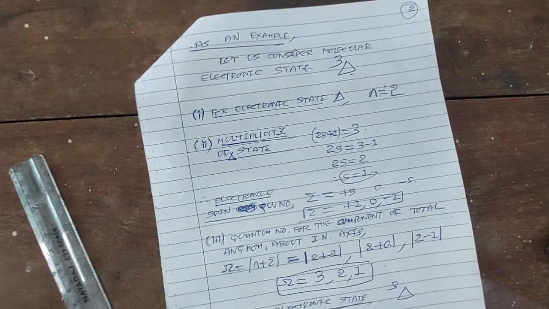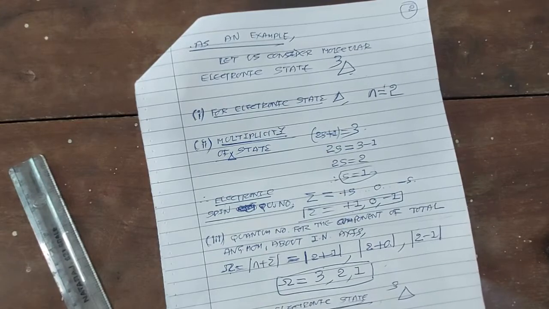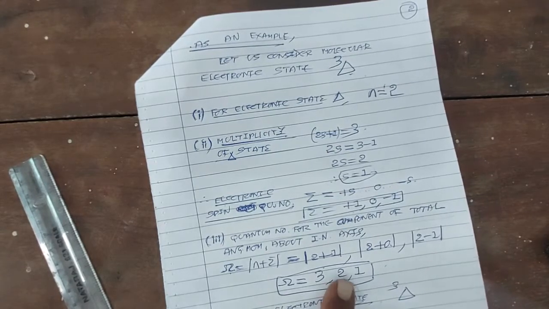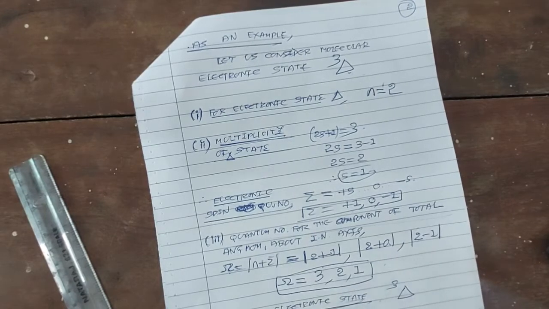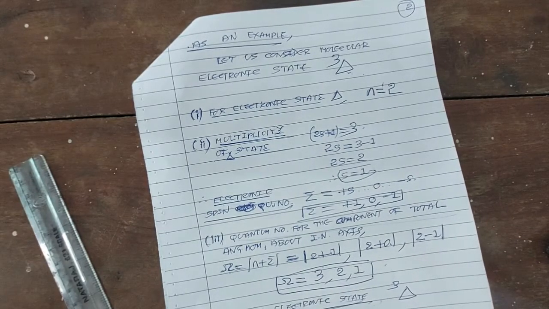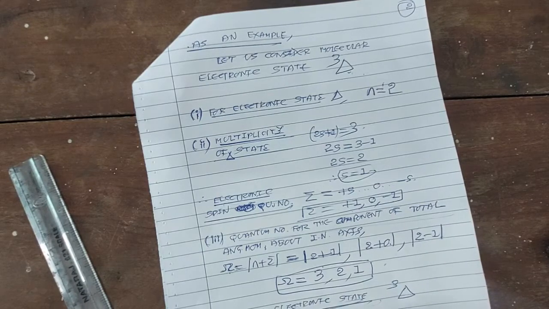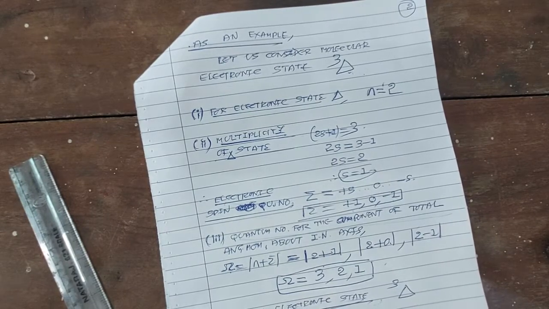For one component, the value of total quantum number omega is 3, because we write the total quantum number on the right hand side subscript. For the other state, the value of total quantum number is 2, and for the third state, the value of total quantum number is 1. So a single electronic state delta is split into 3 components, delta 3, delta 2, delta 1.